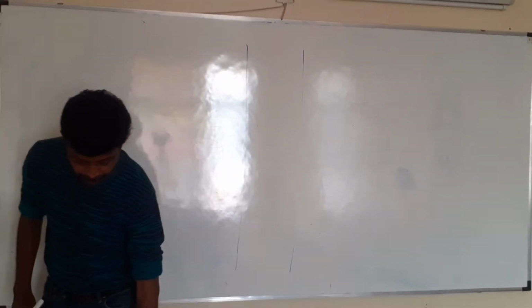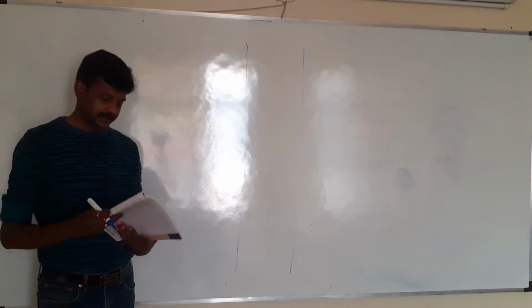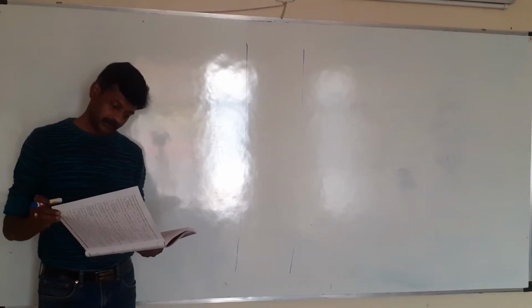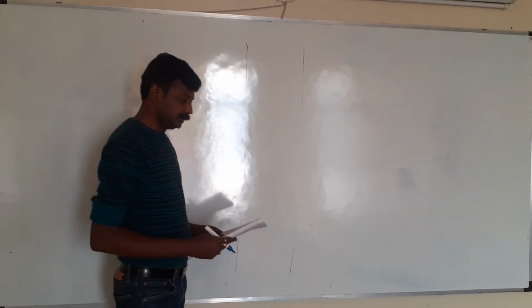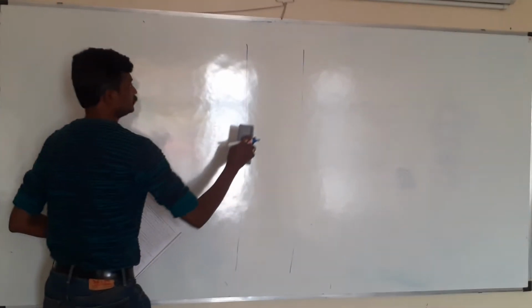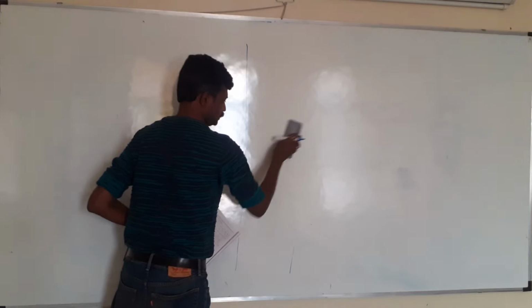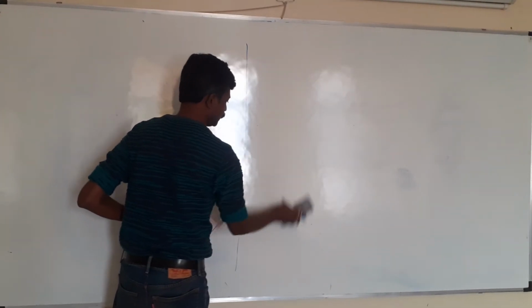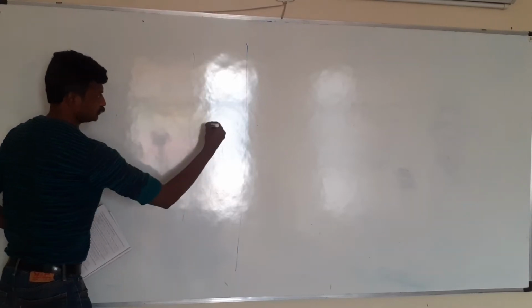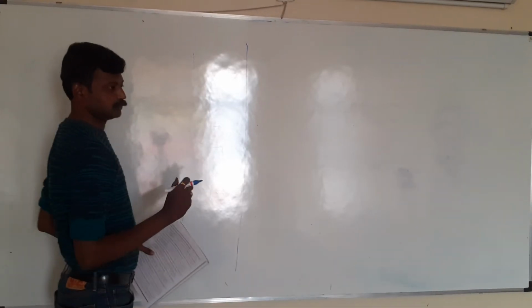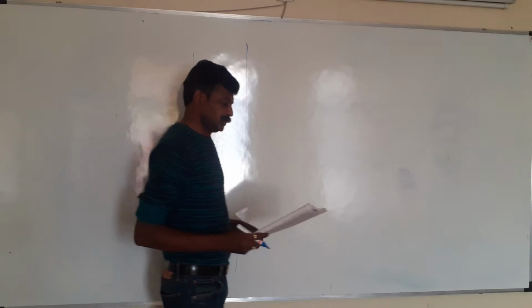We were solving problem set number 6 based on statistics. In the first few questions we already finished, the objective type we finished. I think this portion we are not able to see, we will skip this area, the board is shining. So till question number